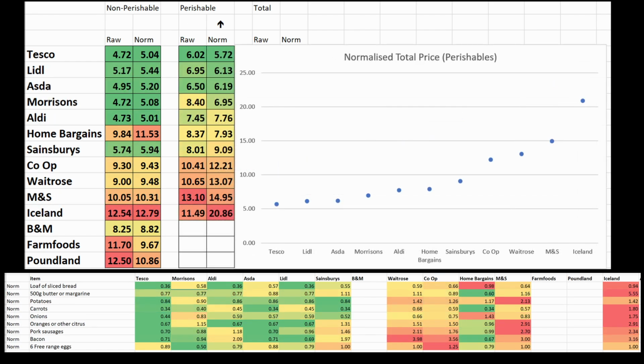After normalising the prices, Tesco is still in the lead, and this time by 41p over Lidl. Looking at the detailed data, this comes down to 2 factors. Firstly, on many of the basics, Tesco is matching prices, and on some of the products, Tesco has their perfectly imperfect range of misshapen vegetables that are perfectly good but don't meet the uniformity standards that supermarkets used to insist